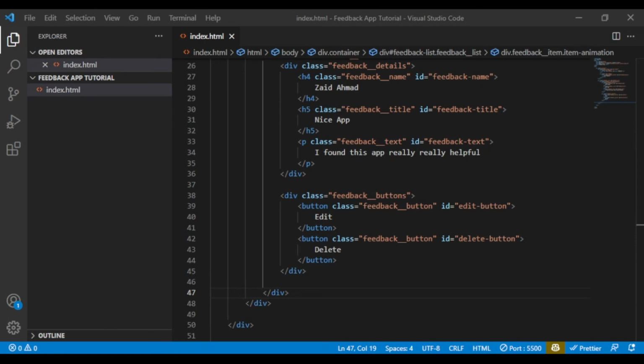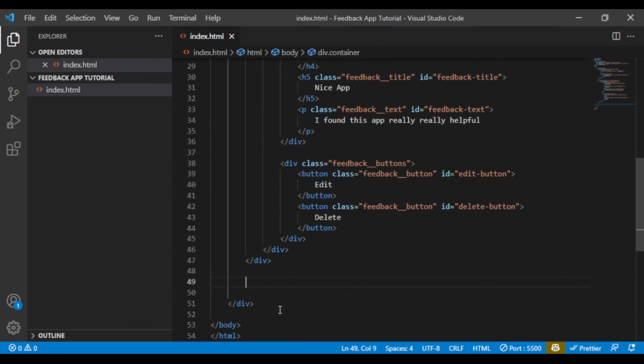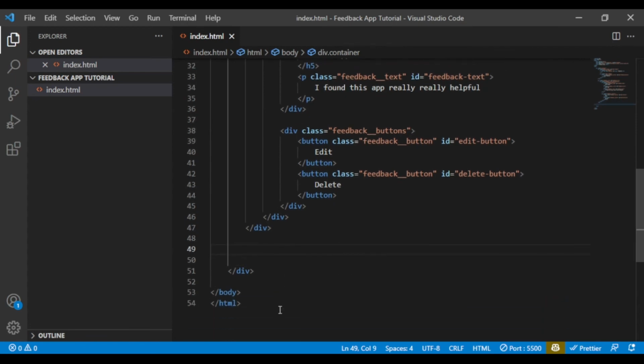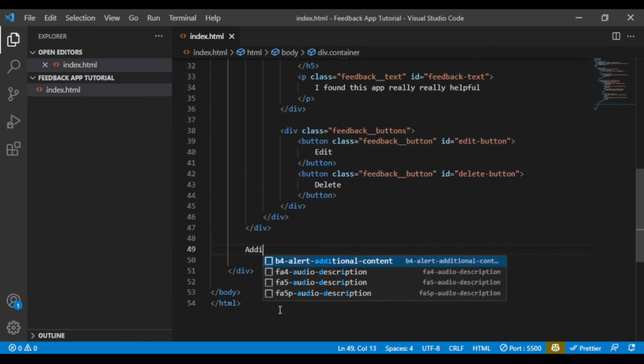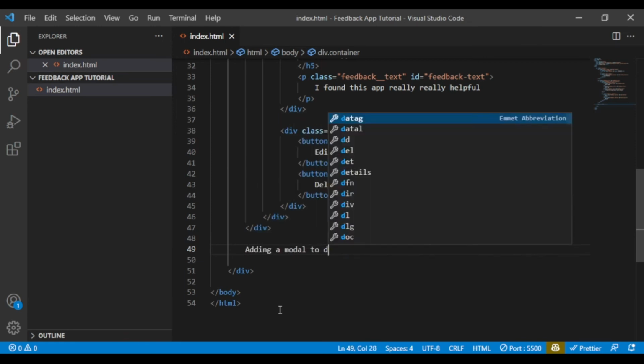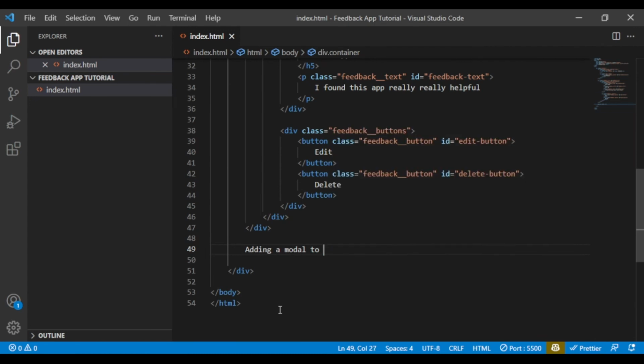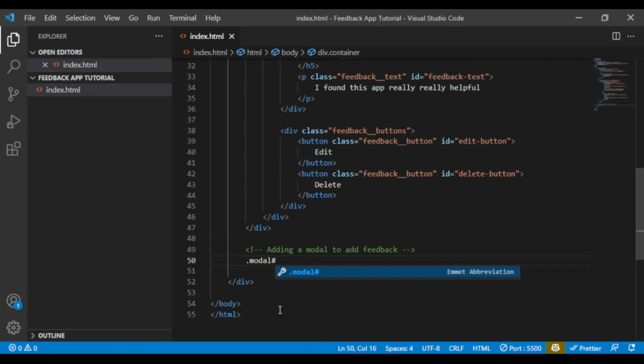need a pop-up thing like a modal, right? So let's add in that modal as well, and that modal should be inside of the container but outside of the main body. So let's add in a comment over here as well, adding a modal to add feedback. Let's add in a comment, and then a div with class modal, and give the ID of add feedback modal,